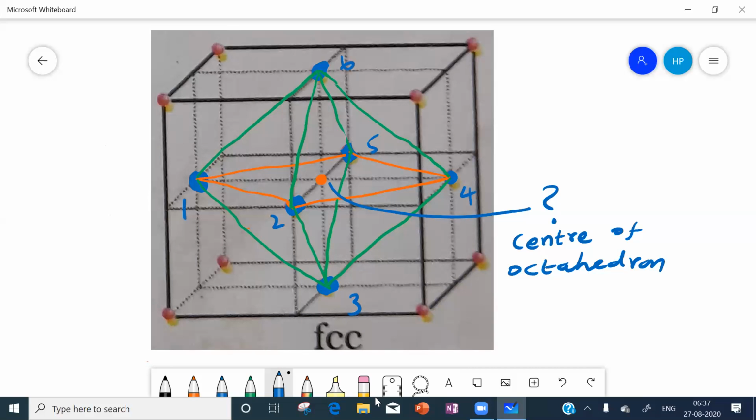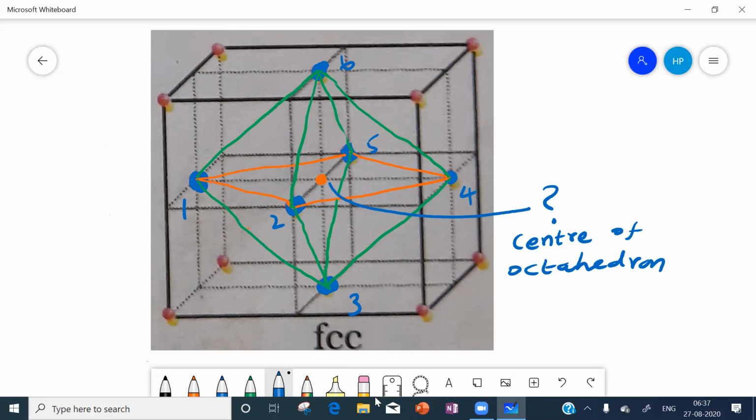So these 3 face centers are in one layer and these 3 face centers are in another layer. So we took 6 particles, 3 in one layer and 3 in another, and we got an octahedron. This is called the center of this octahedron.